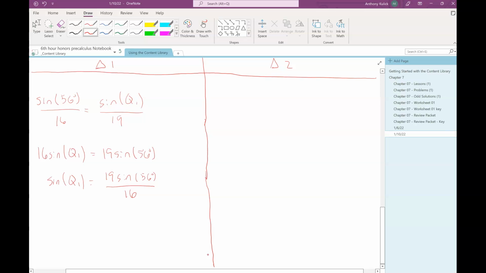And then how do I cancel out the sine in front of the Q1 there? Sine inverse, very good. So we'll do sine inverse to both sides. That cancels out the sine on the left. So we have sine inverse of 19 times sine 56 over 16 on the right,